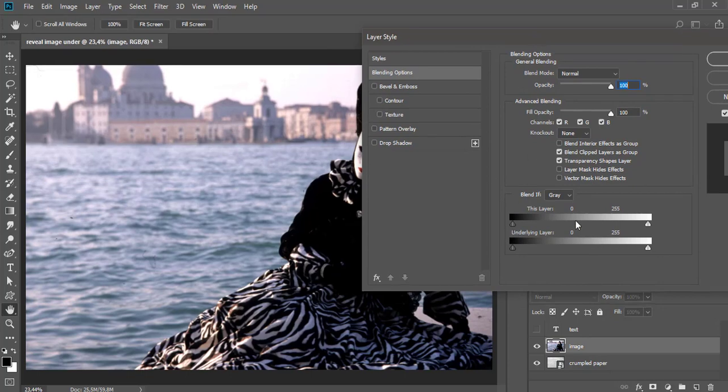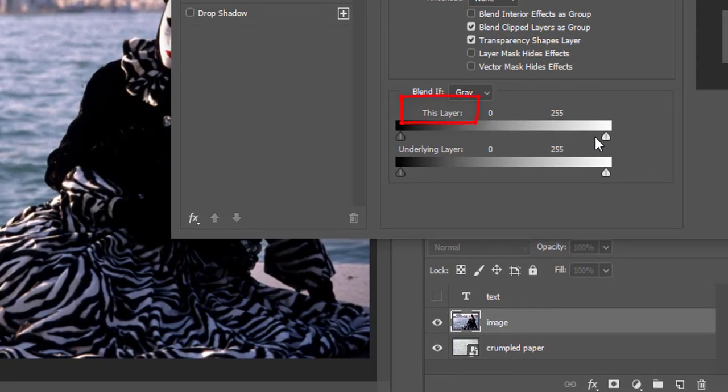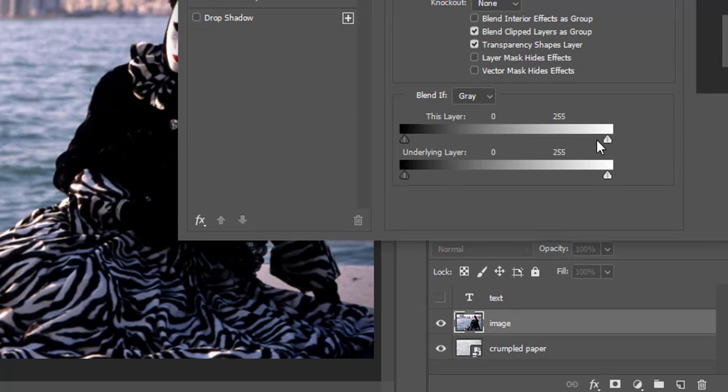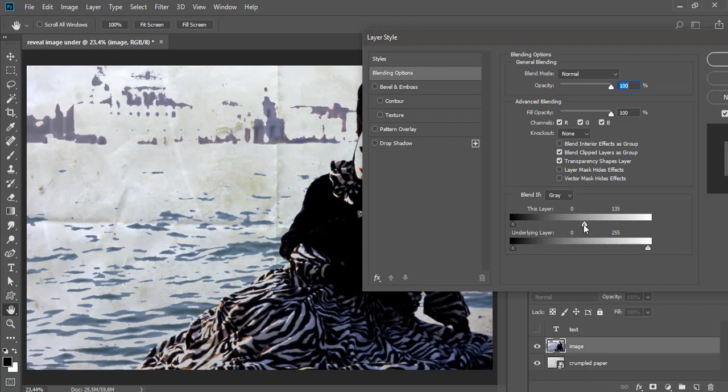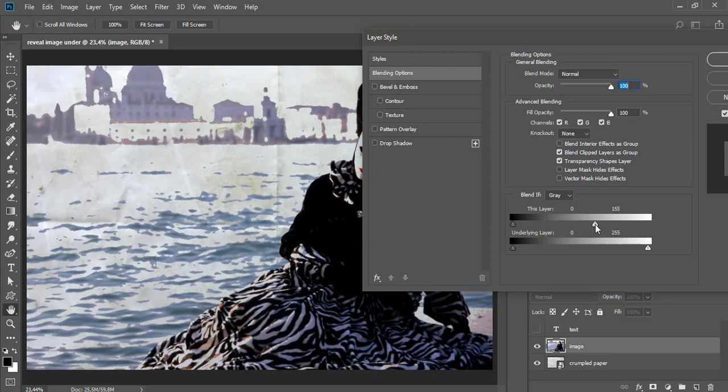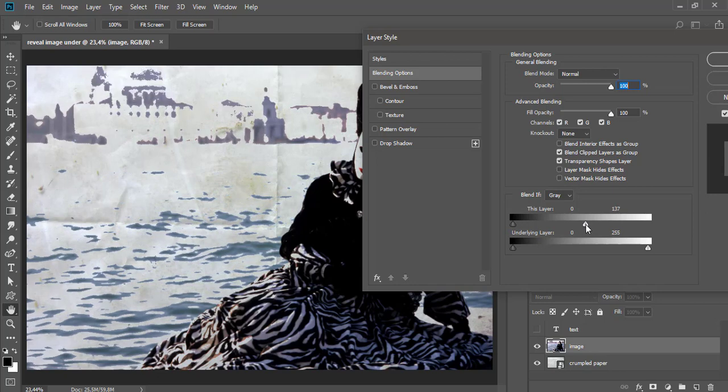Top rectangle with sliders. This layer is controlling above layer or image which you see on the screen. When using sliders you will get effect similar to when applying layer mask. Some portions of the image or pixels on the layer will start disappearing with a result that pixels from underlying layer will show through. To smooth out transition between the two layers, you can split slider. Hold down Alt or Option, then click on slider and drag.